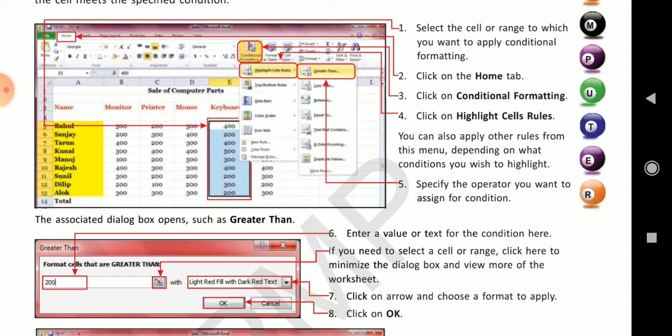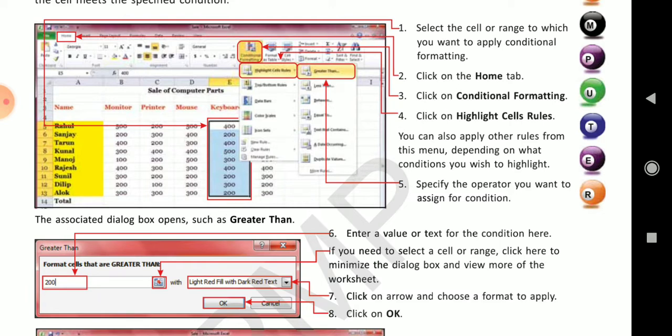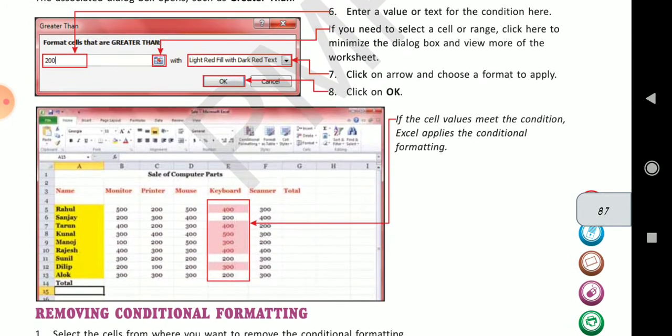So highlight cell rules, under that heading you will get these. Click on the Home tab, conditional formatting, highlight cell rules, like it has been selected greater than. A dialog box will appear, and in that you just put the value, and after that it will change according to the condition.